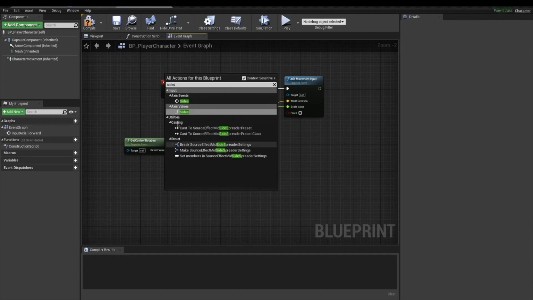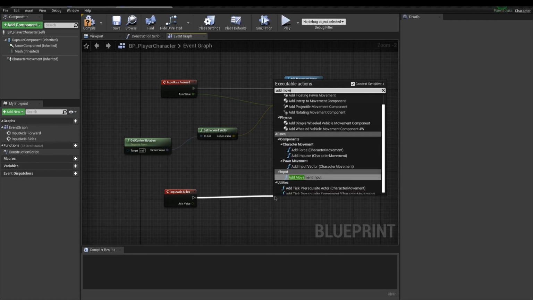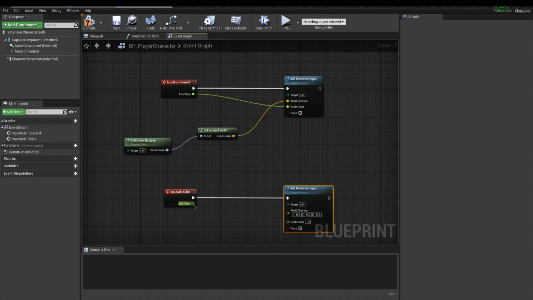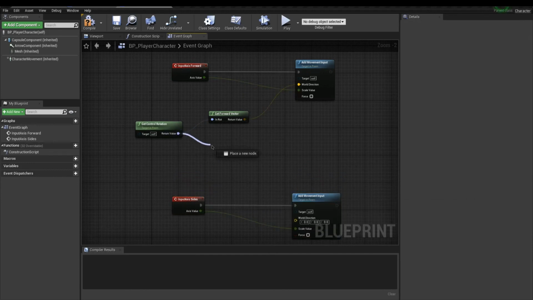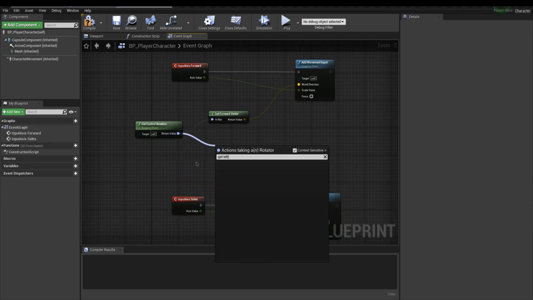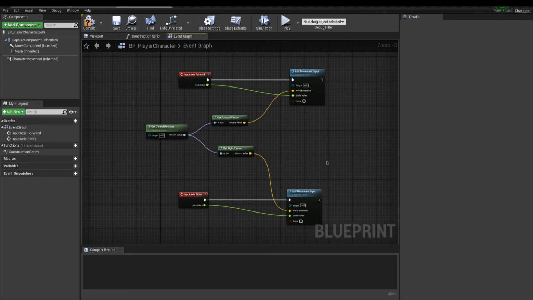Now to walk sideways, get your axis event in the graph, and again, use add movement input with the scale value properly connected. For direction here, get back to control rotation, drag out, and get right vector into world direction. We'll test our movements in our scene, but before we need to create another blueprint that will select our character